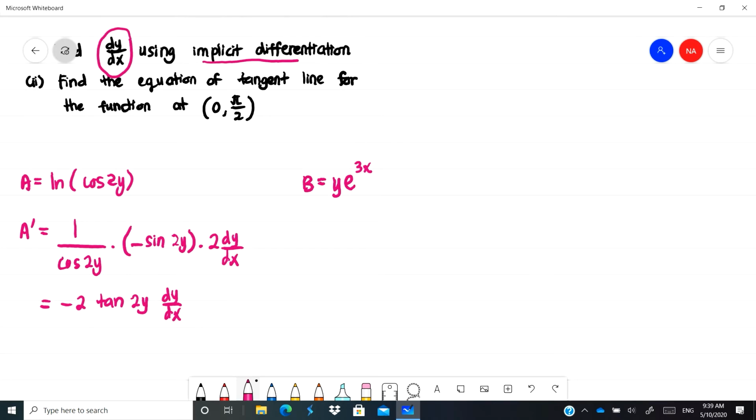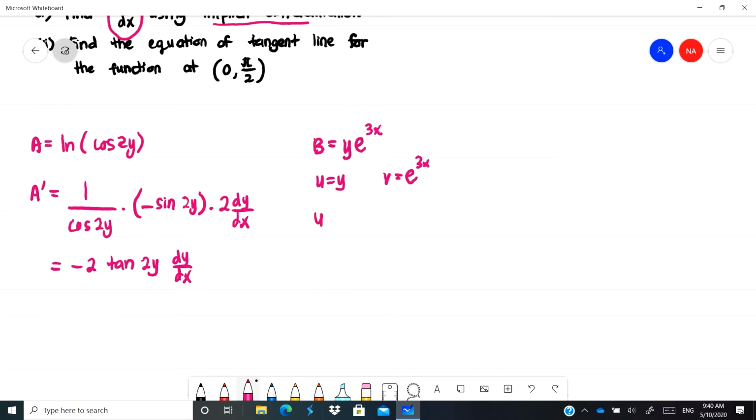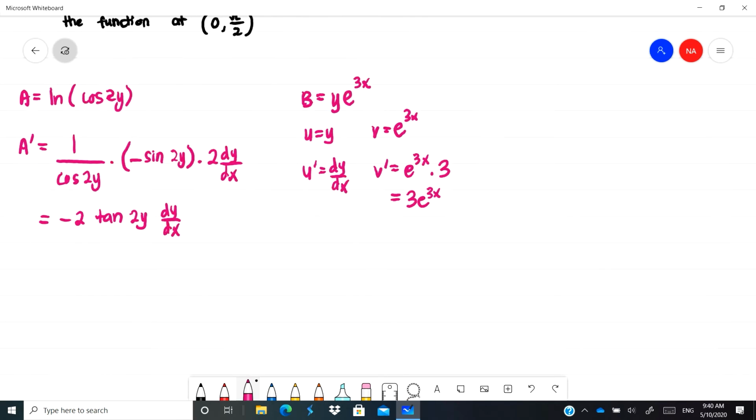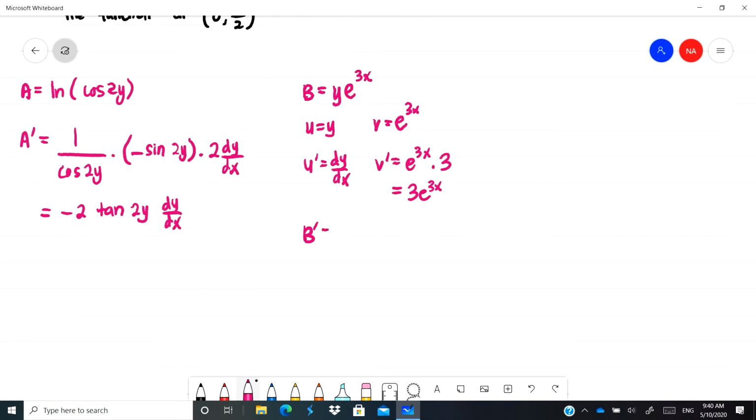So we'll have to use u and v. u is given by y and v is given by e to the power of 3x. Differentiating u we get dy over dx. Differentiating v we get e to the power of 3x, and differentiating that 3x we get 3, so 3e to the power of 3x. So to get B prime, we cross multiply, and we get 3y e to the power of 3x plus e to the power of 3x